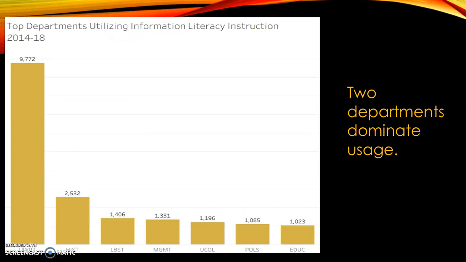So in analyzing the data, I found that there were two departments, the English department and the history department. These two departments dominated usage. This is a very simple chart. I left the abbreviations there, UWRT and HIST, because the people who will be analyzing this data and looking at this presentation are familiar with the coding for the courses. We can see that the English department leads the pack with over 9,700 students being serviced, and the history department